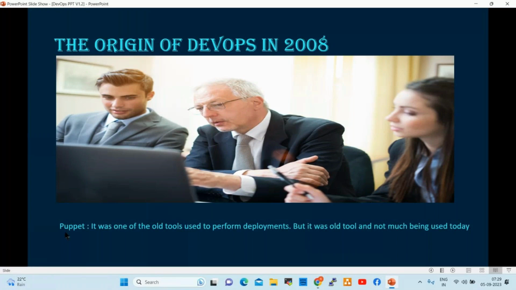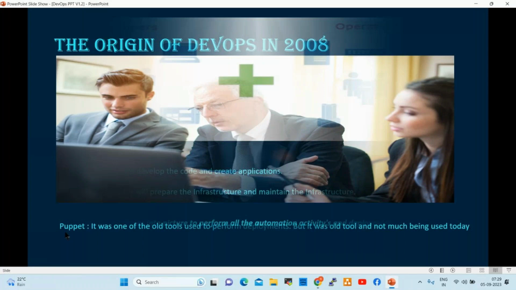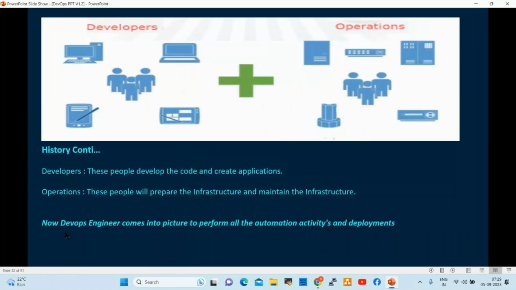Here we have two sections. One is the developer point of view, and the second one is operations. What is a developer? The people who are developing the applications, developing the code, working on the development activities, we can say developers.